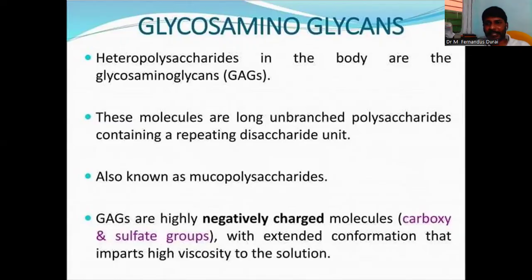When we partially hydrolyze the polysaccharide, it gives the repeating units of disaccharides. So the glycosaminoglycans are highly negatively charged molecules, with carboxy and sulfate groups and an extended conformation that imparts